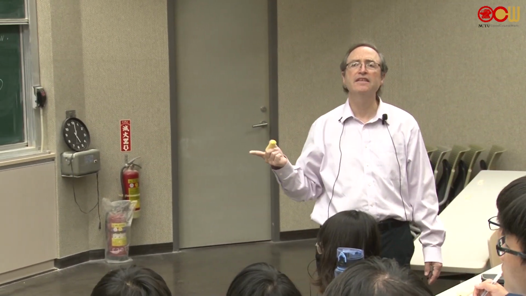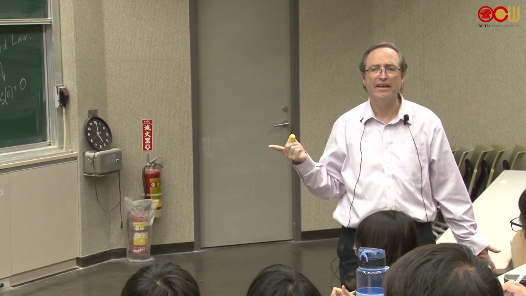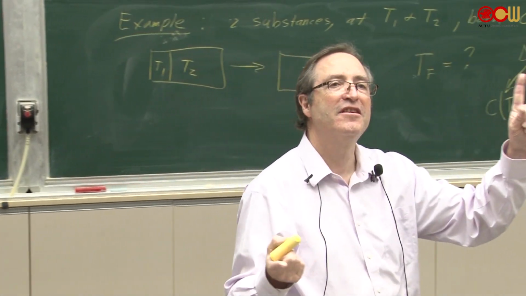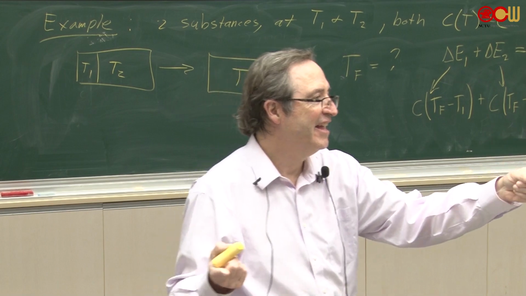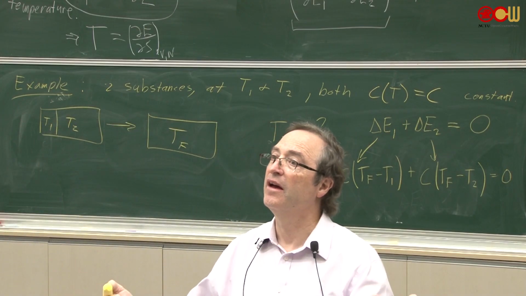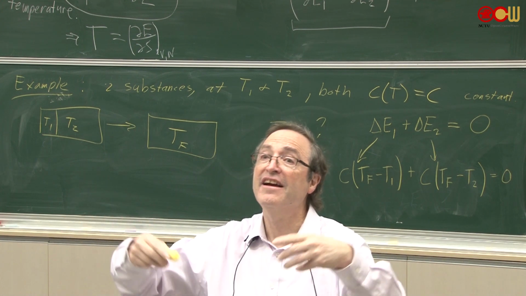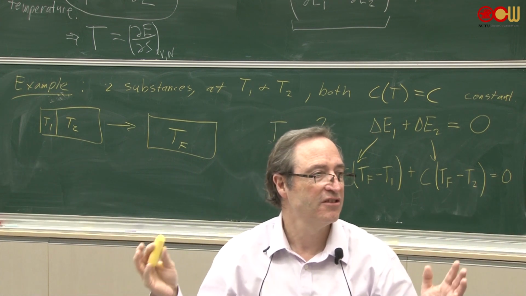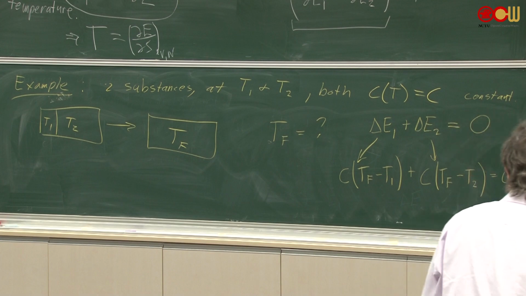We're going to the same final temperature. Why is it the same final temperature? They just like each other? There's one word that is key. What's that word? Equilibrium. They go to equilibrium. Energy keeps flowing until they come to equilibrium, which means the two temperatures are the same, TF.